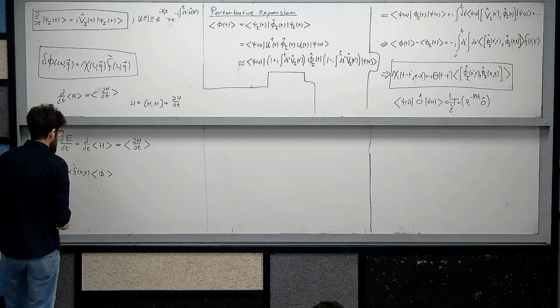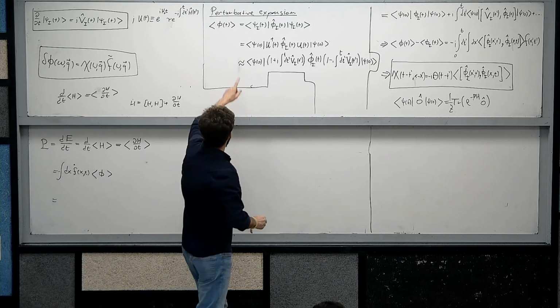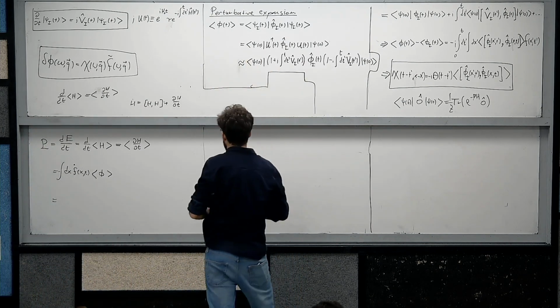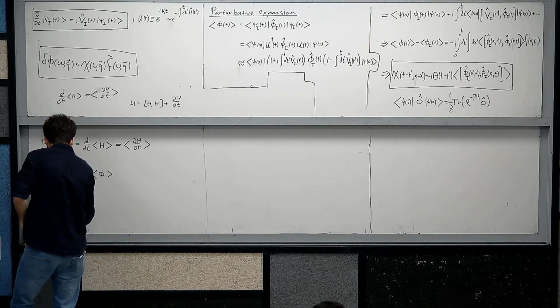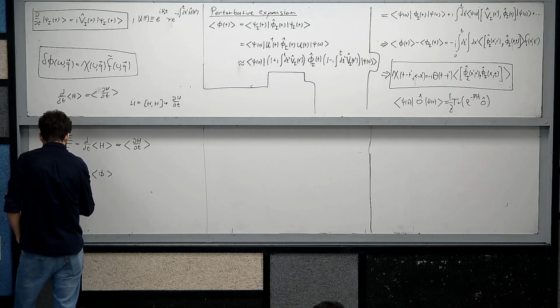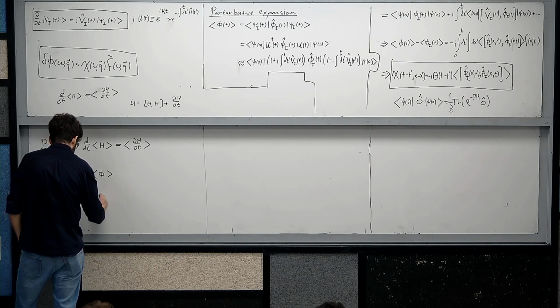Now, for the expectation value of phi, we can use this expression. We have an integral dx f dot of x,t times phi_I of t,